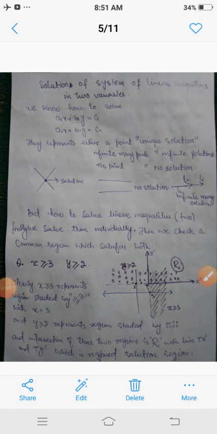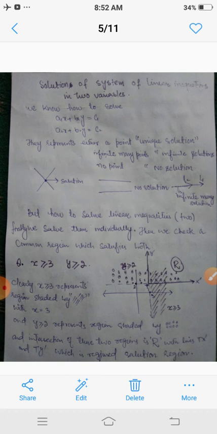Dear students, today we are going to discuss the solution of a system of linear inequations in two variables. In the previous lecture we discussed the solution of a linear inequation in two variables. That solution simply represents a region of the plane. Now today we are going to discuss a system of linear inequations in